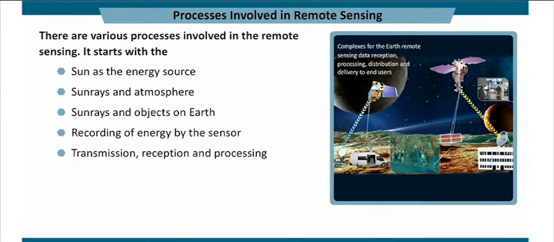Transmission, reception, and processing. The sensor records the energy, which is transmitted in electronic form to a receiving and processing station where data are processed into an image. Interpretation and analysis. The processed image is interpreted visually, digitally, or electronically to extract information about the target. Application. Applying the extracted information for better understanding and to reveal some new information or assist in solving a